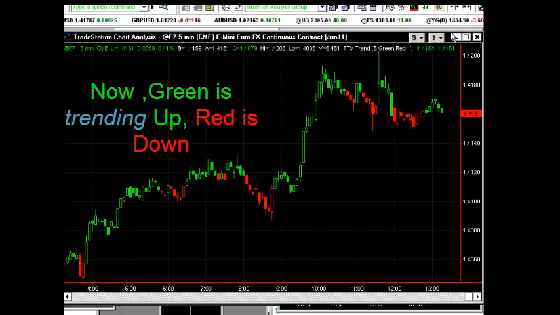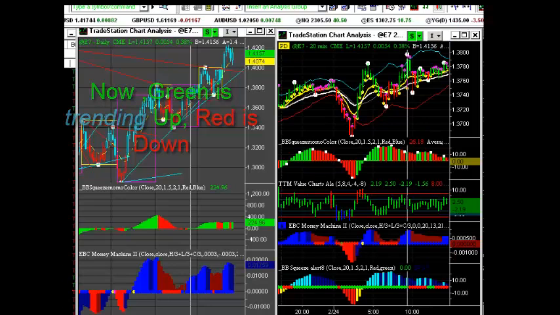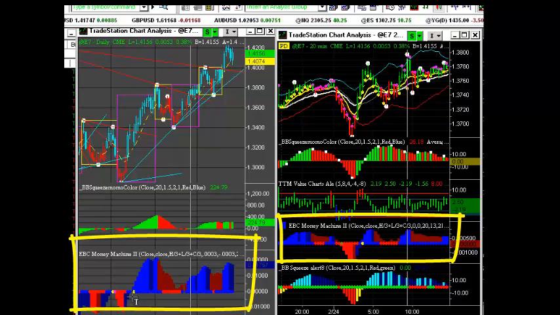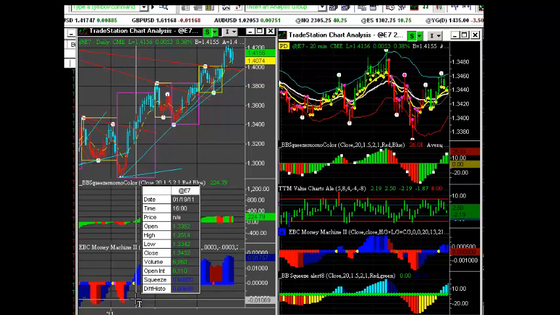Now let's take a look at what my charts look like. These are my bread and butter charts, from the daily to the left and the euro 20-minute to the right. I use other charts too, but this is a lot that I have on the screen. But the main thing is the EBC money machine, this red, white, and blue here. If you look to the left, you see how when the money machine right here went above the center line on this date,